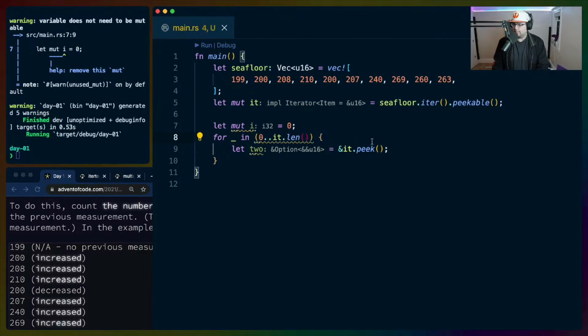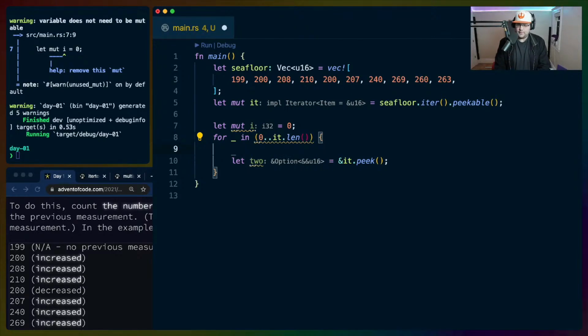It doesn't matter. So we're going to do the same thing that we were doing before. Let i1 equals it.next, and then we've got it.peek, and we've got match to...